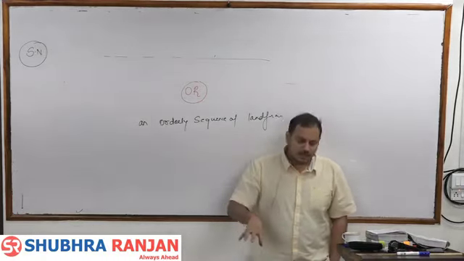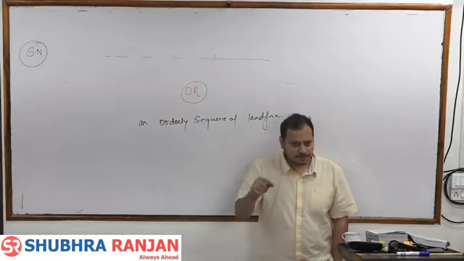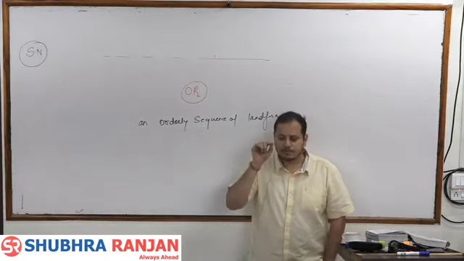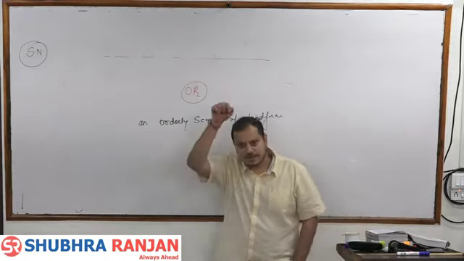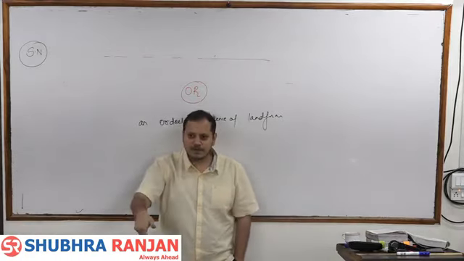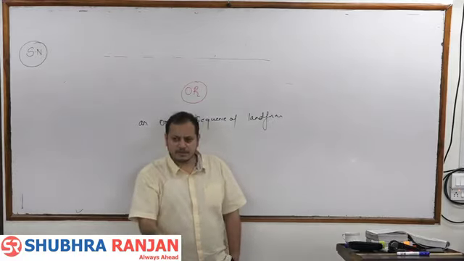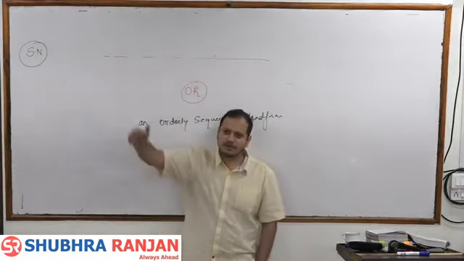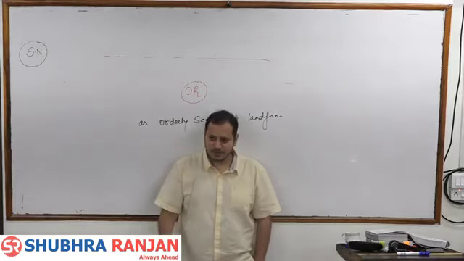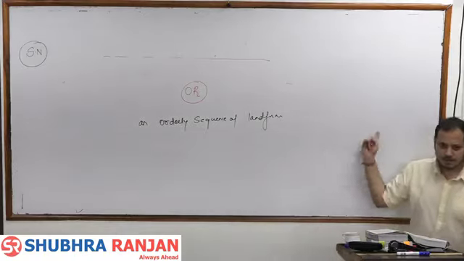So whichever statement comes, write a short note, the answer will be same. The only difference is the first statement is very direct, given by Davis, and Thornbury changed it and said that external agents will be acting. So processes will be acting to form an orderly sequence of landform, and when we say orderly sequence it means youth, mature and old age, and time also means youth, mature and old age. Getting it? So orderly sequence of a landform is important here.